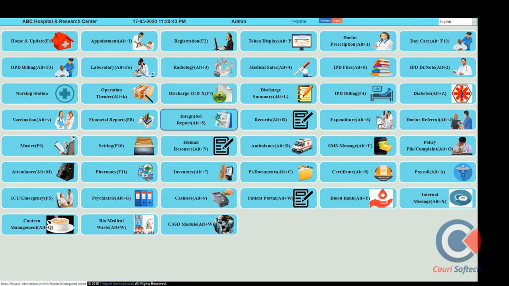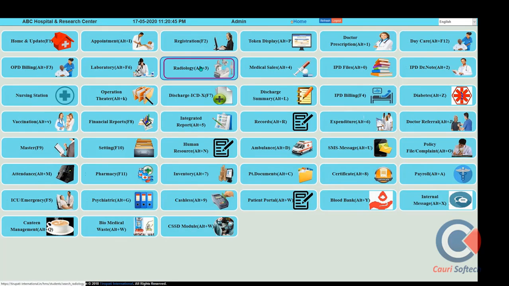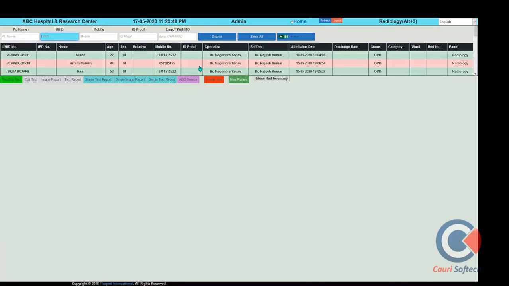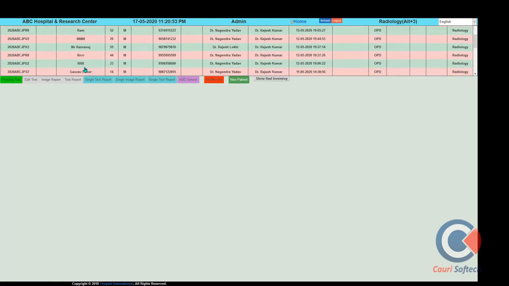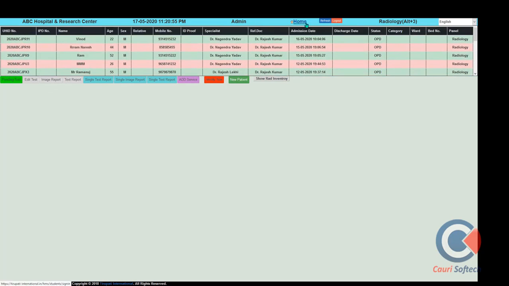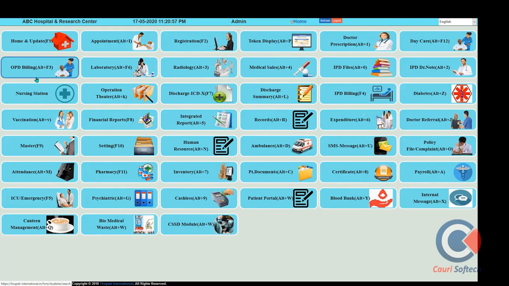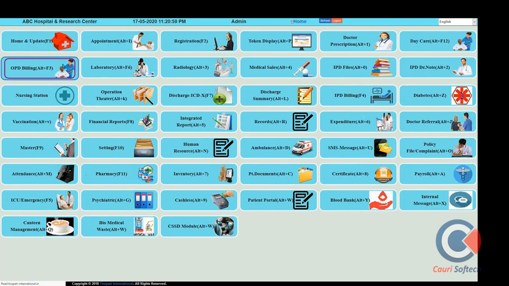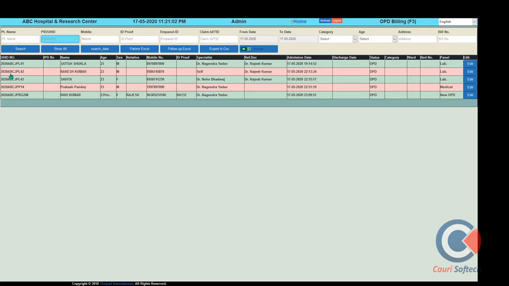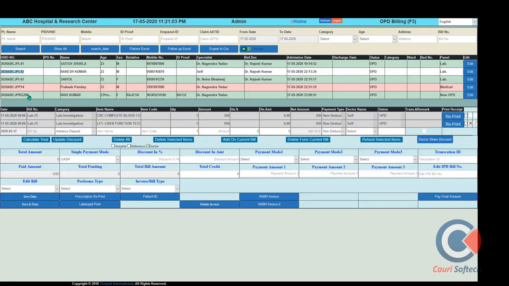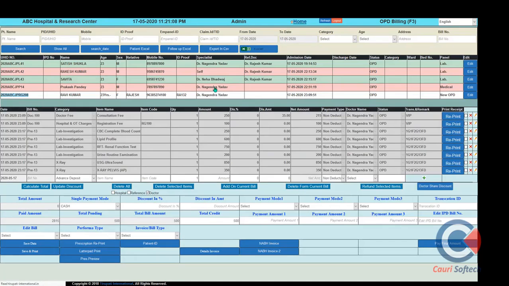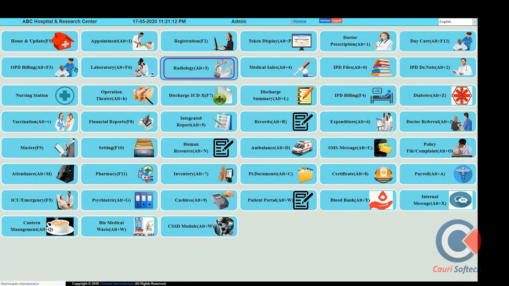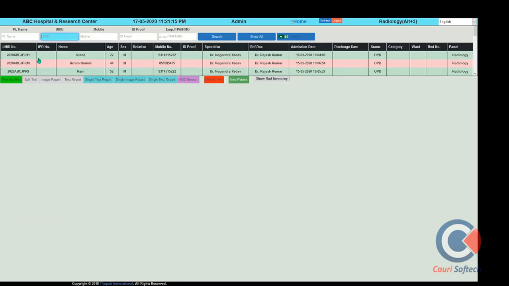to the user. The next module, radiology, is where radiology tests like X-ray, CT scan, and MRI that have been advised to the patient can be performed for the same patient. So let's assume we have the patient for whom we want to perform the radiological test. We should select the same patient ID, and we see its billing section, and we'll see the radiology services. We go to the radiology section.